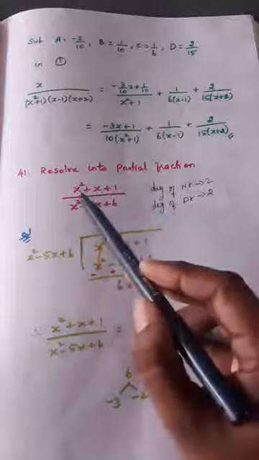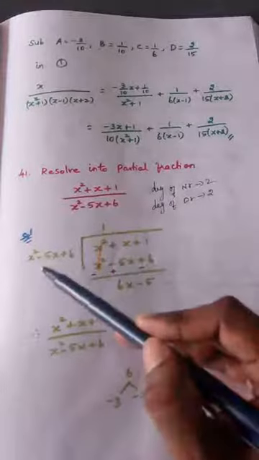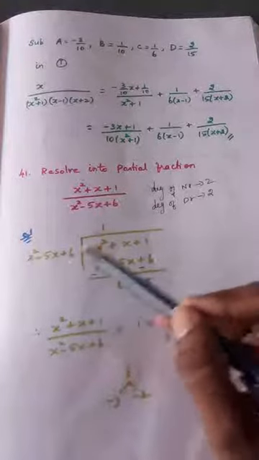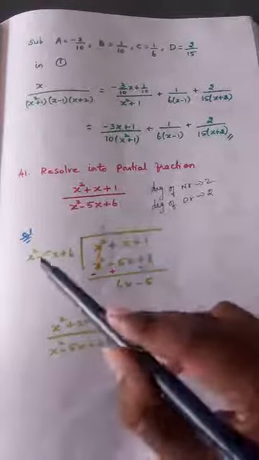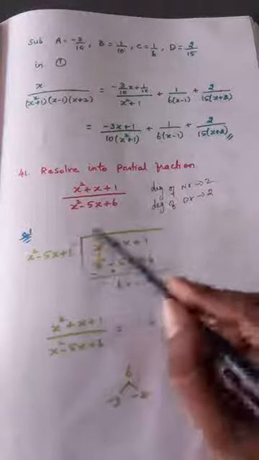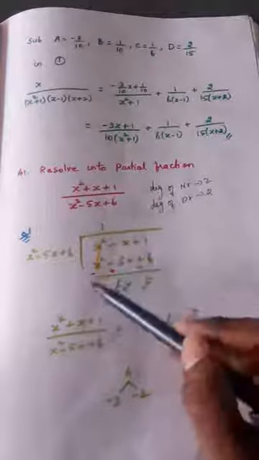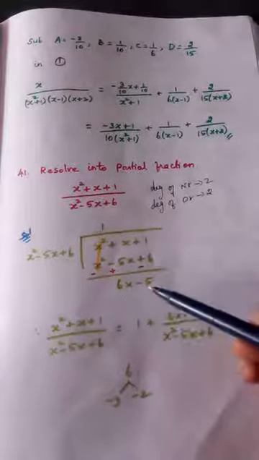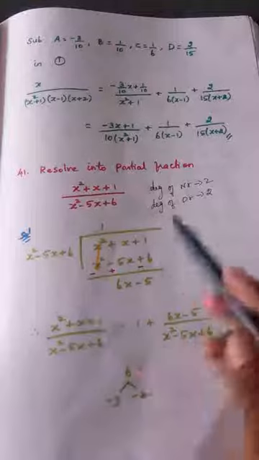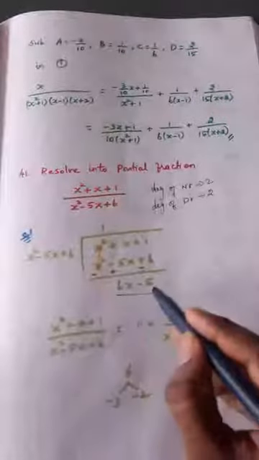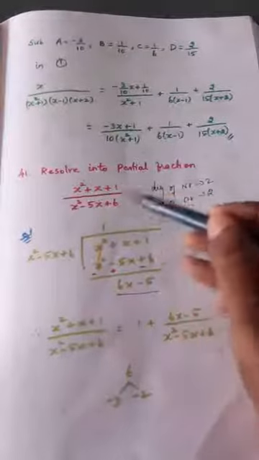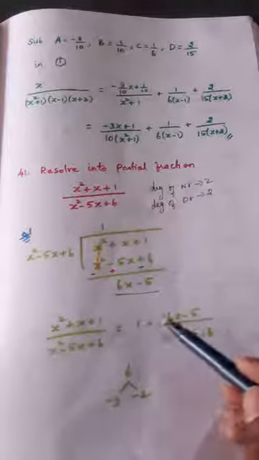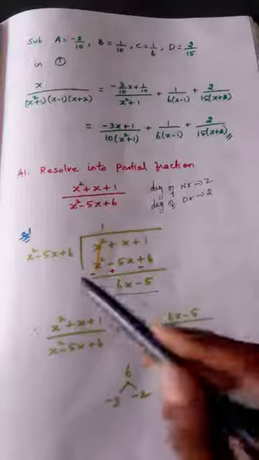Divide means what? The numerator is written inside and the denominator is written outside, and with this we are going to divide. So use 1 into x square, 1 into minus 5x, 1 into 6, change the symbol, cancel, plus plus plus. So 5x plus x is 6x, 1 minus 6 is minus 5. So it comes like this. This is the remainder, right? So this question can now be written as quotient 1 plus remainder divided by divisor.